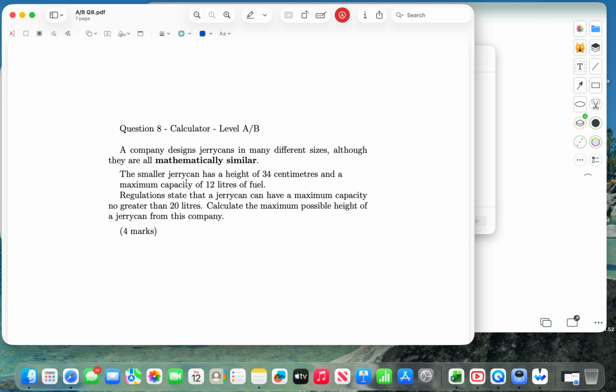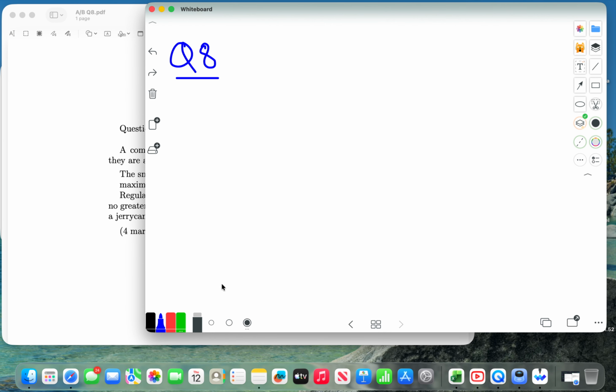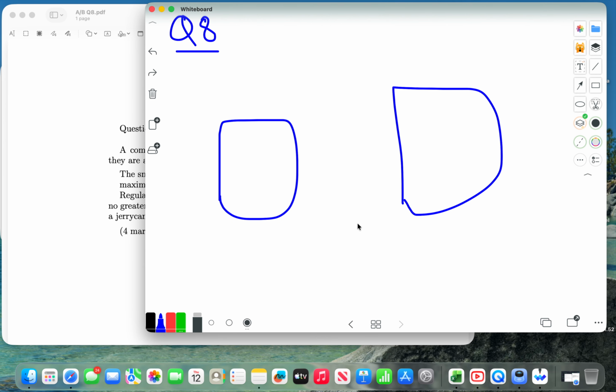So we have to find the maximum possible height of a jerry can. Now the maximum capacity is 20 litres, so we have to use similarity to find the maximum possible height. So what you should know is we will have two jerry cans. In fact, we'll have the small one. The diagram is rubbish. I know it's bad, but